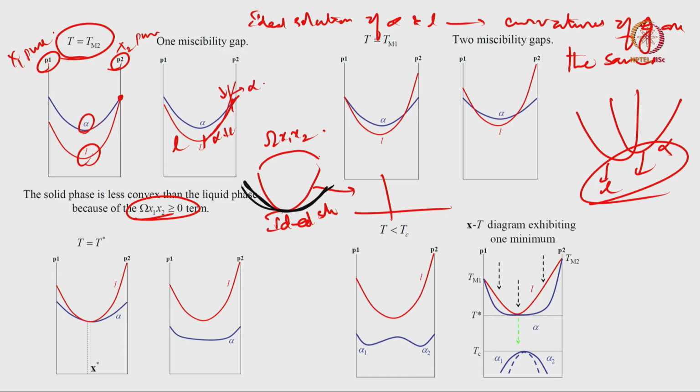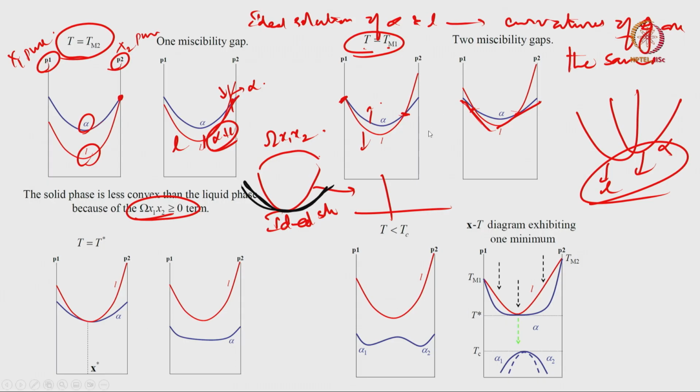Okay, so I have a mixed phase that is forming just like earlier, and at some point I will have two intersections, not just one intersection, and that point happens to be T equal to Tm1. So I am pulling the L downward, I am pushing the alpha upward, and I will have two intersection points, and there is a region where I have two intersection points, and so I have what are called two miscibility gaps. So here I have a liquid,